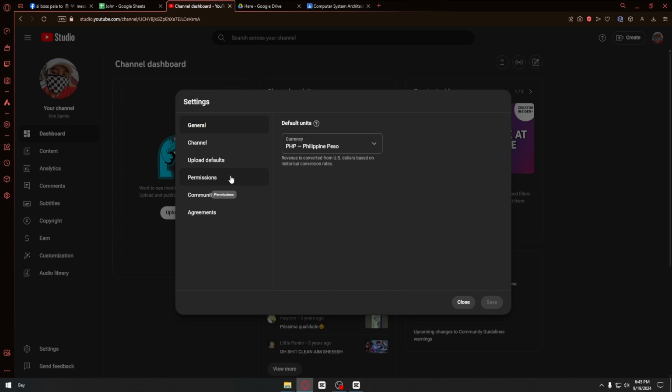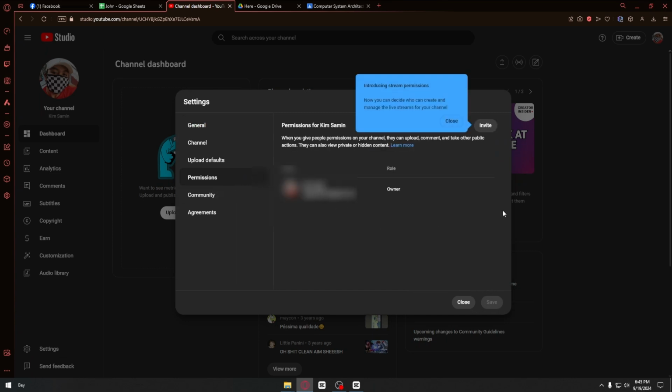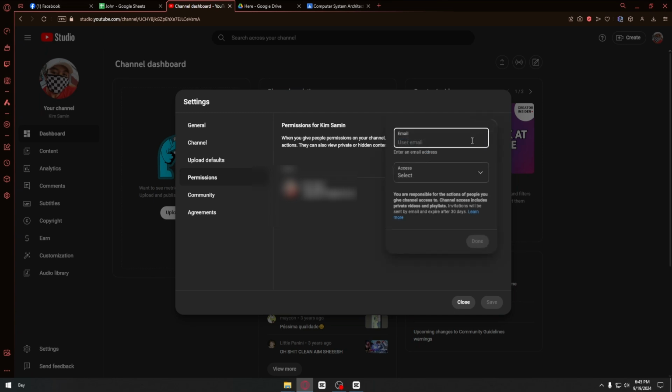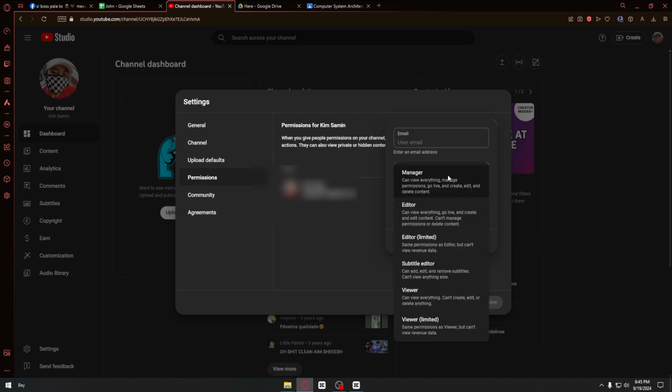And from here, you can just go ahead and click on permissions. Inside, you want to click on the invite button. Type the email that you want to put into, and right after, you can just go ahead and click on